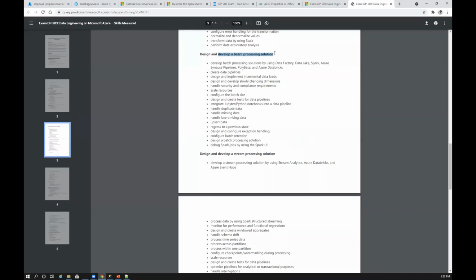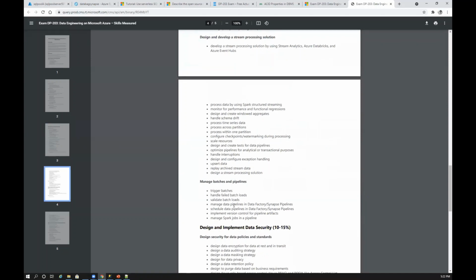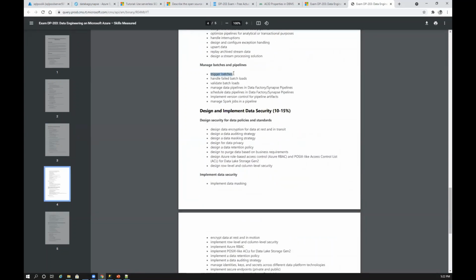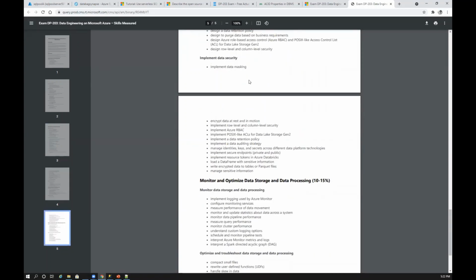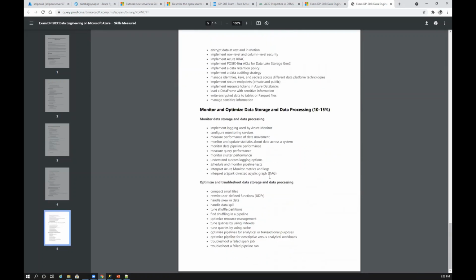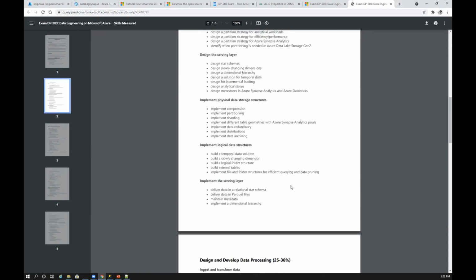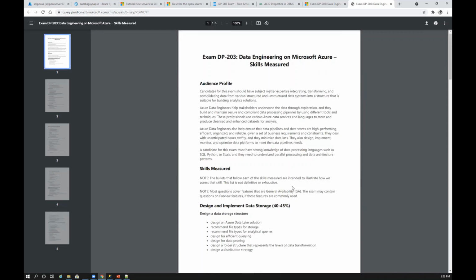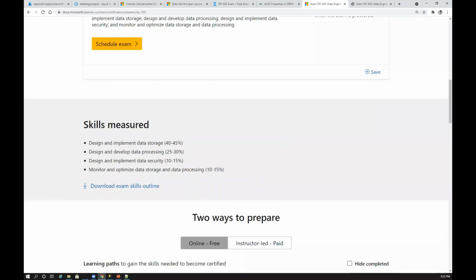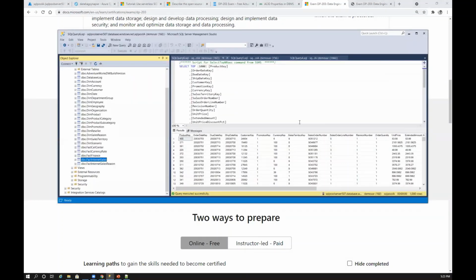And develop a batch processing system using Azure Data Factory, Data Lake, Synapse, Databricks, and trigger batches, trigger methods we've talked about, ACL for data lake. So just go through this document. I think most of the concepts we have covered. Maybe it might be like a single line statement, which I might have explained, and that's more than enough for you, right?